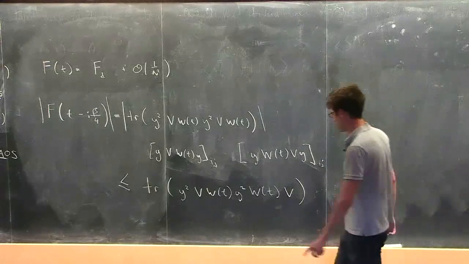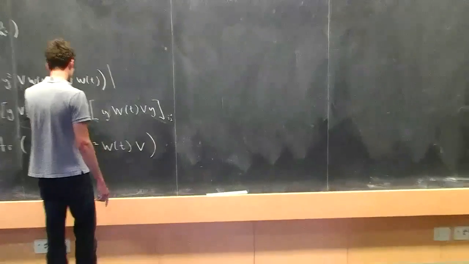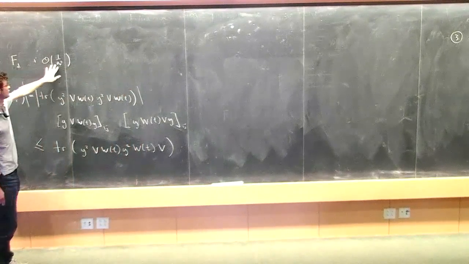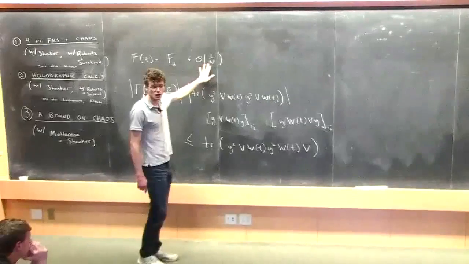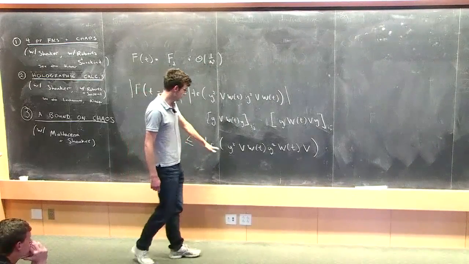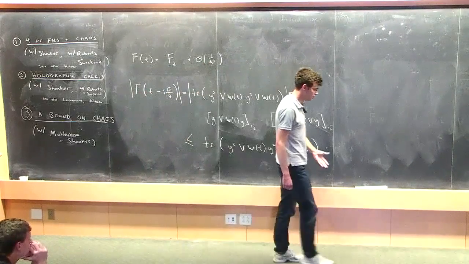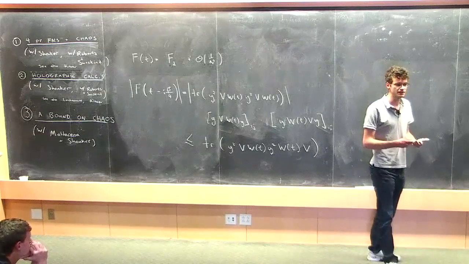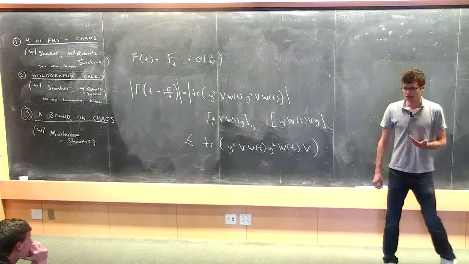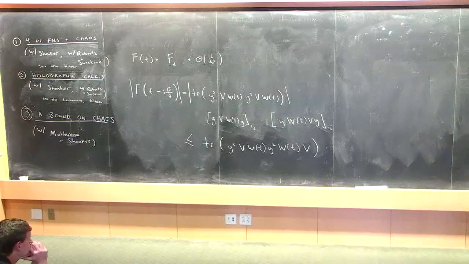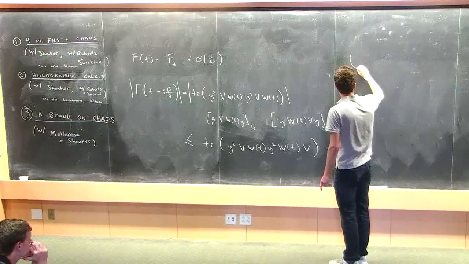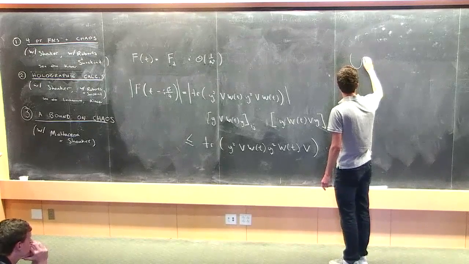And again, it's true that this 4-point function, by large N factorization, should be given by this disconnected piece plus something that's order 1 over N squared. But the crucial point is that for this ordering of the 4-point function, we do not expect the order 1 over N squared piece to be growing with time. This is an assumption that we're making, but I hope the following picture will make this seem like a very reasonable assumption.